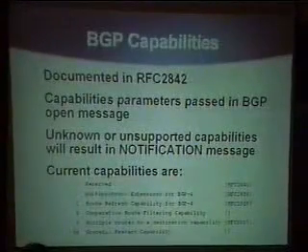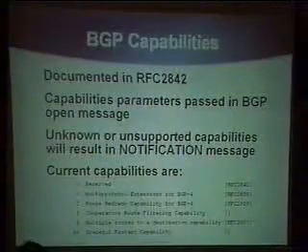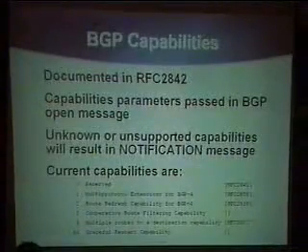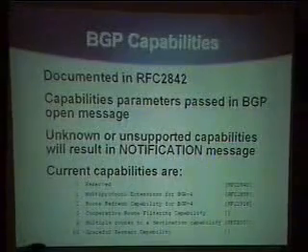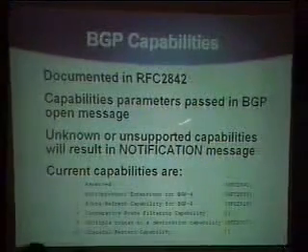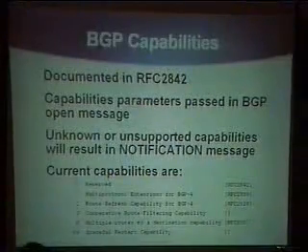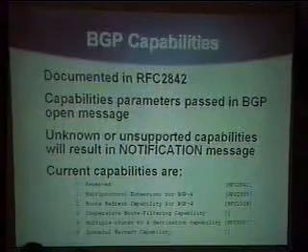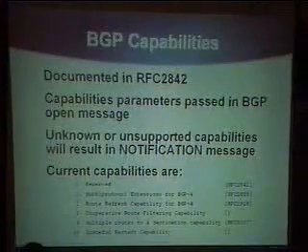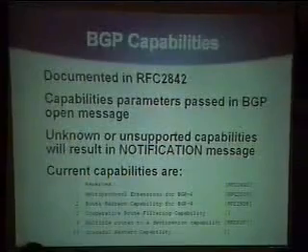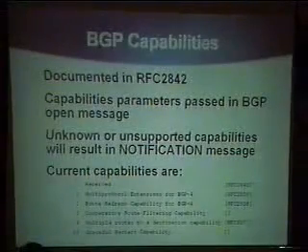And the neighbor can either say, go away or whatever. Unknown or unsupported capabilities result in a notification message. It's quite interesting when capabilities first appeared that some of the implementations didn't actually cope with these very well. To get something unknown in BGP, you're meant to just ignore it. Anyway,